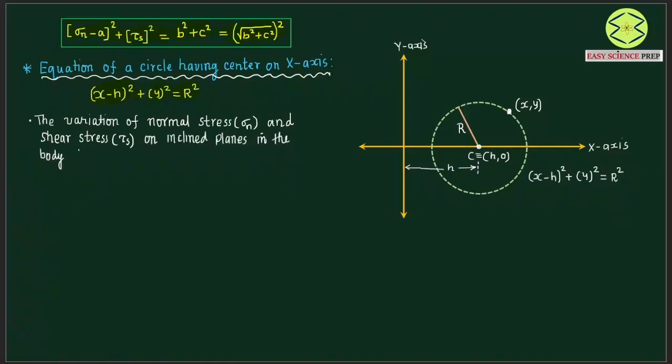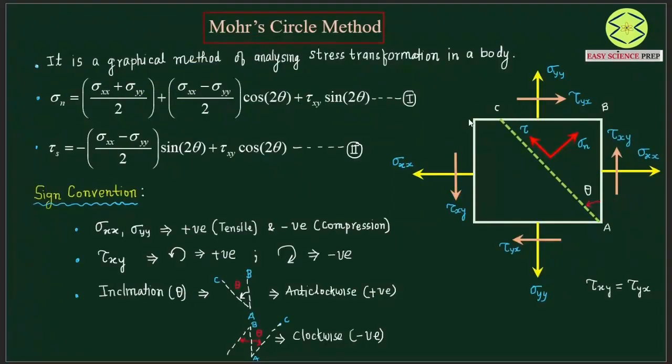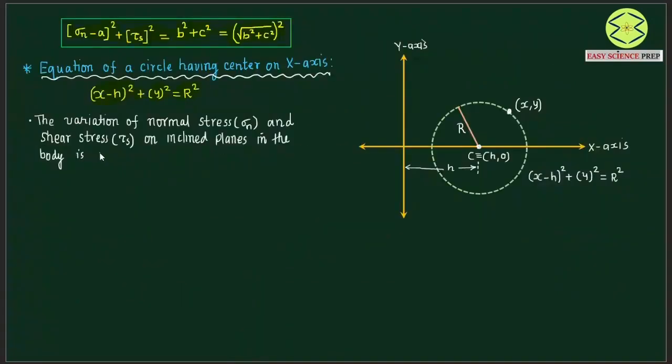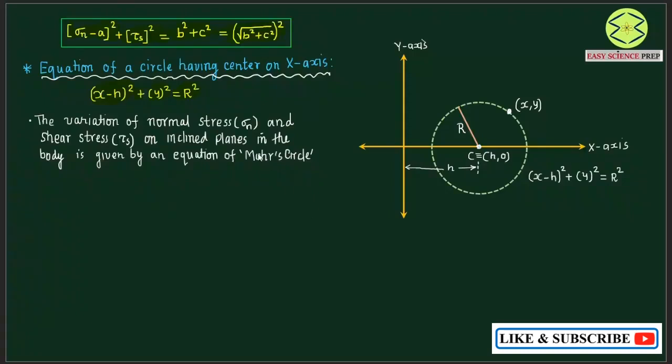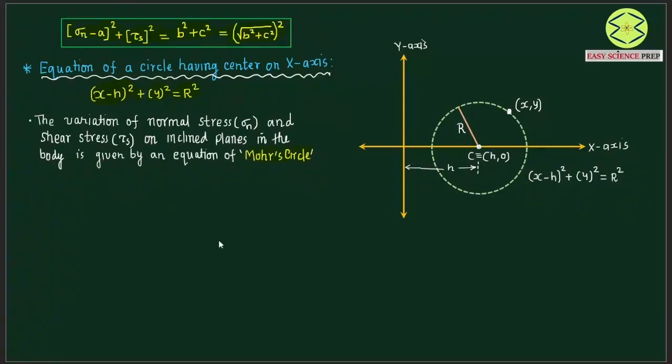Which body are we talking about? We are talking about this body. So the variation of normal stress and shear stress on an inclined plane in the body is given by an equation of a circle, and that circle is called the Mohr circle. That's a very important thing. So we have a Mohr circle which gives you the variation of normal and shear stresses